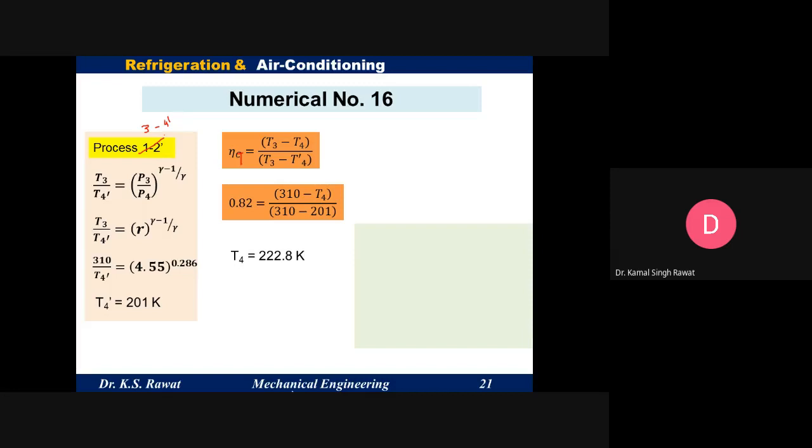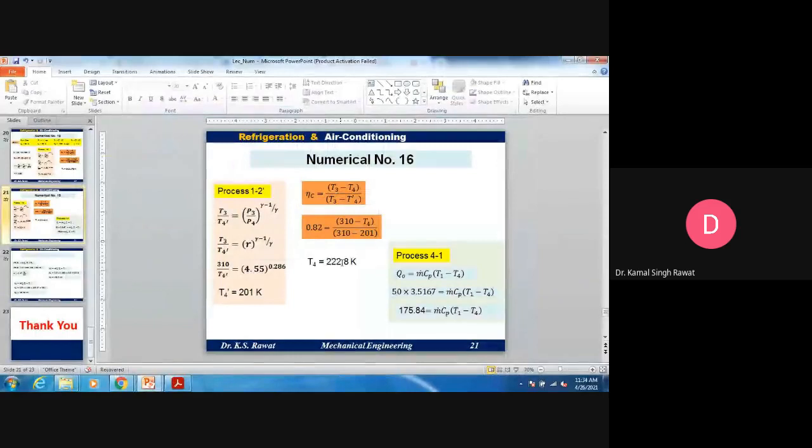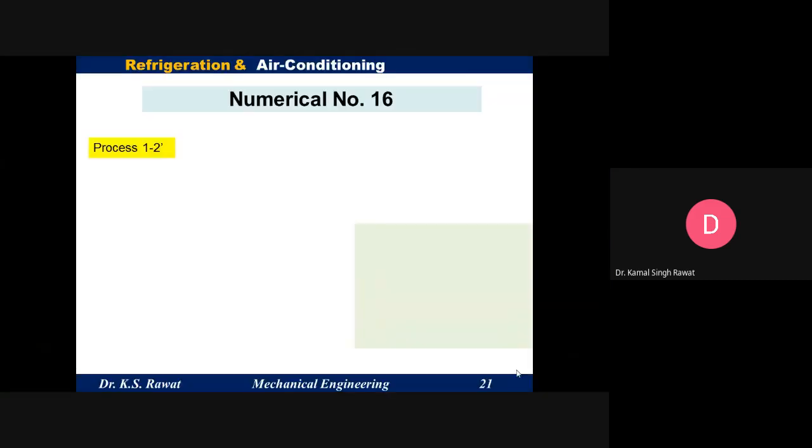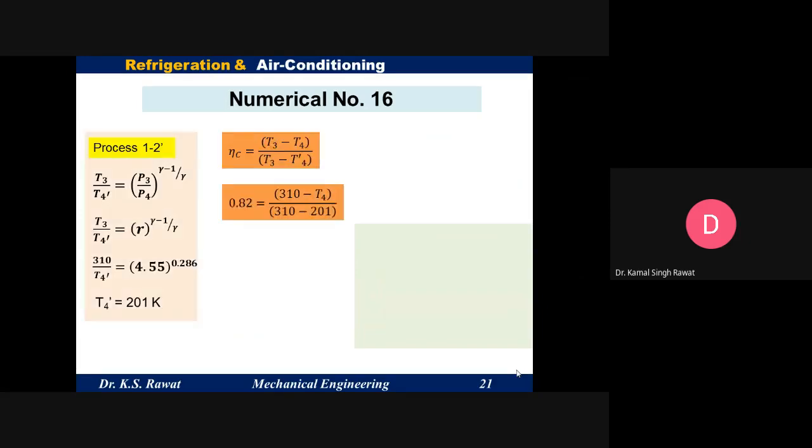Yes, 220.6. So all the calculations are wrong from this point. तो यहाँ से सारी की सारी कैलकुलेशन मेरी गलत हो गई क्योंकि मैंने एक वैल्यू गलत ले ली है। पॉइंट के बाद एक आध का डिफरेंस वो चलता है, मगर अगर वैल्यू में 2 का डिफरेंस आ गया तो that is wrong. So now, for the process 4 to 1, what we have,